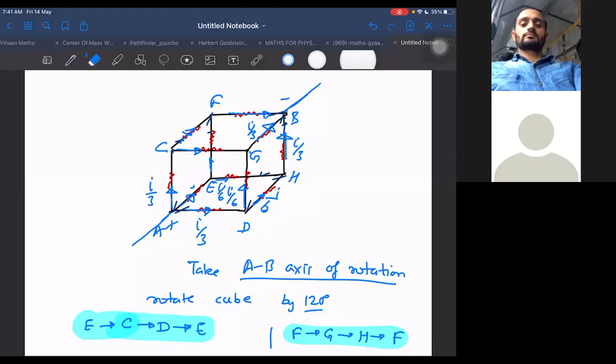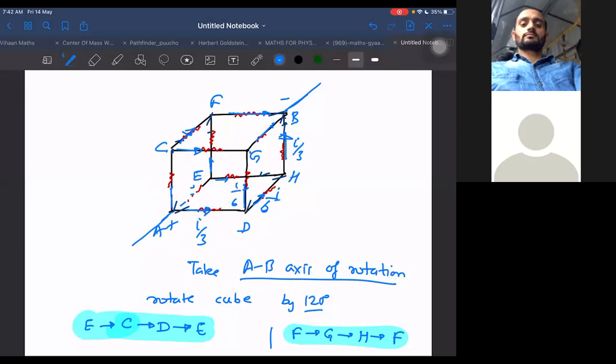This one also I'm removing. I don't need it. And this at E I'm removing, but I'm just keeping the point E there. This one I'm removing here. And it is enough now. These are enough. I by 6 here. I can take this as I by 6, but I don't need it.